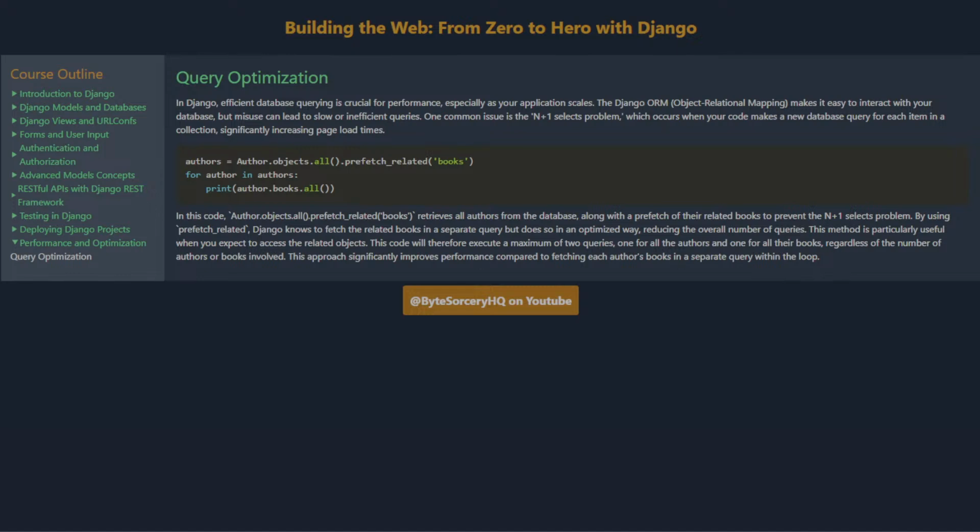Query optimization. In Django, efficient database querying is crucial for performance, especially as your application scales. The Django ORM, Object Relational Mapping, makes it easy to interact with your database, but misuse can lead to slow or inefficient queries. One common issue is the n+1 selects problem, which occurs when your code makes a new database query for each item in a collection, significantly increasing page load times. In this code,